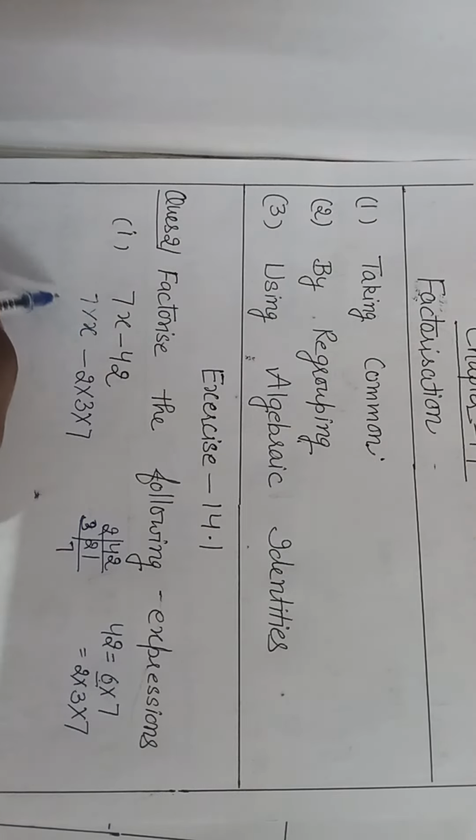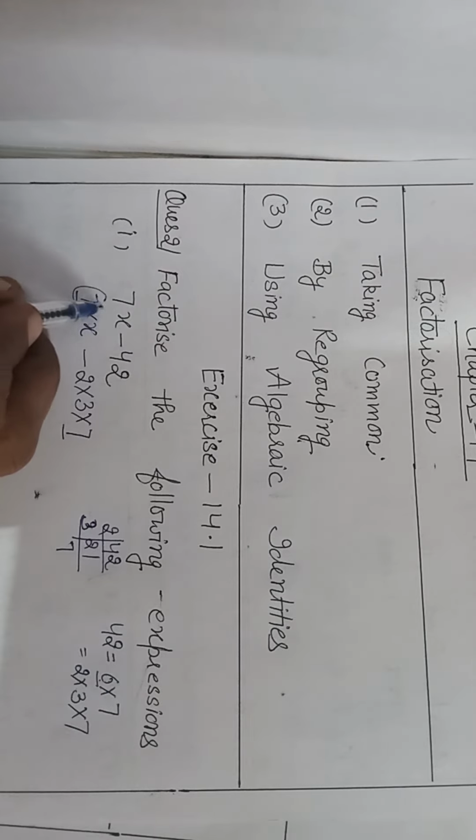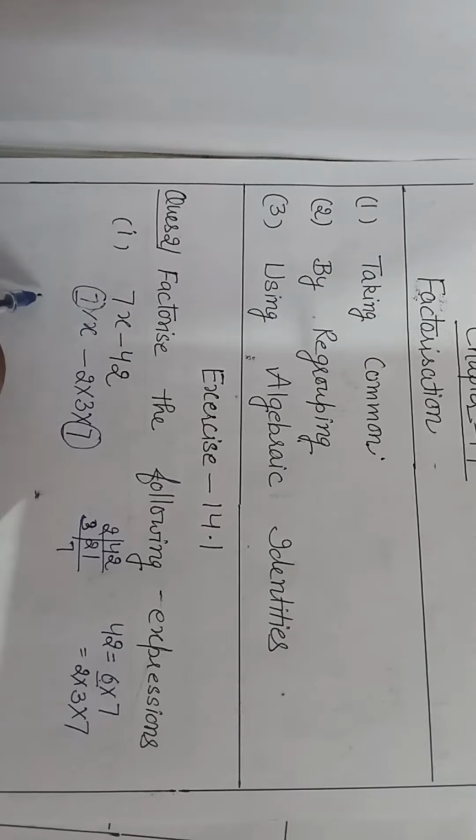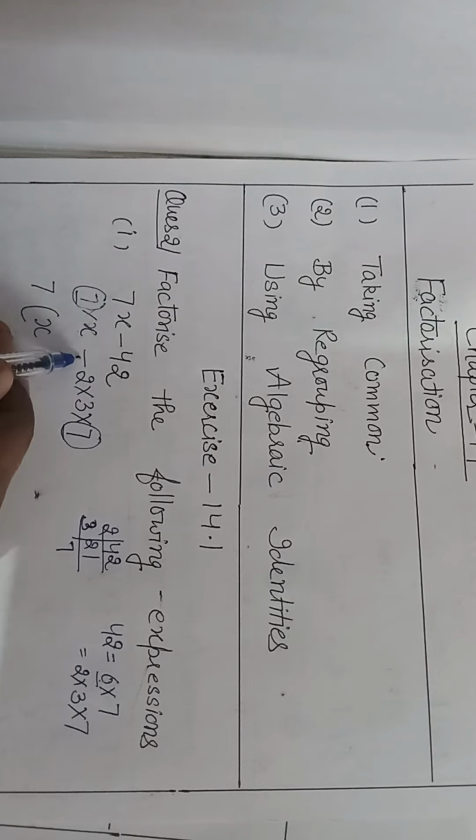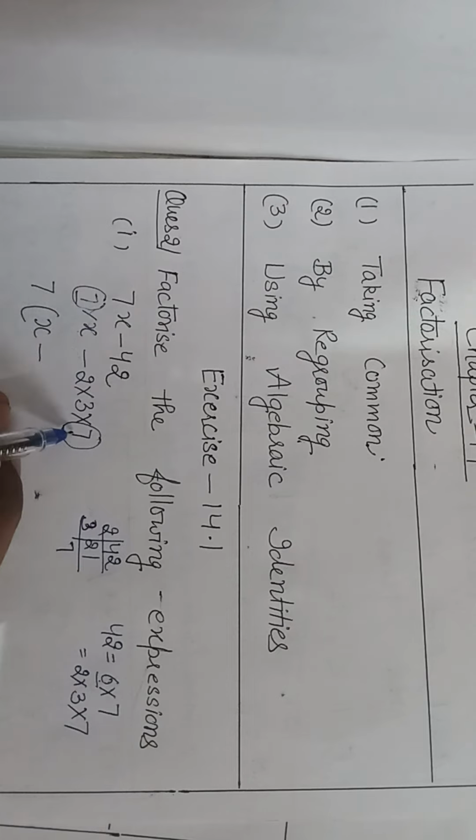Now we will see what is common here. You can see this 7 is here and here, so this 7 is common. You can circle this also so that you can recognize easily that you have to take 7 common. If I take common 7, what is left here? x. Then whatever the sign is, you will write it as it is. You won't make any changes. Minus. Then 7 again we have taken, this 7 is common from both. So what is left here? 7 threes are... 2 3s are 6. So these are the two factors of this algebraic expression.